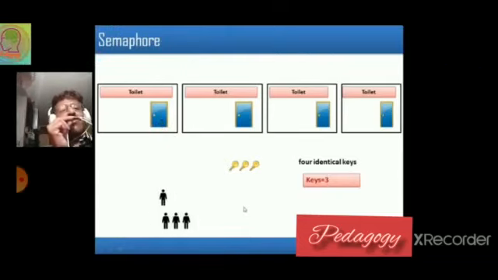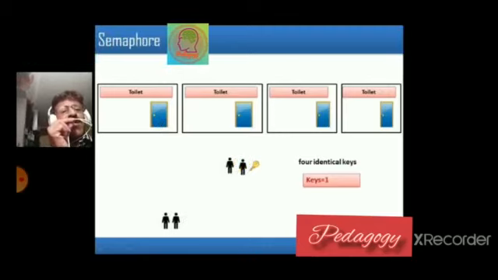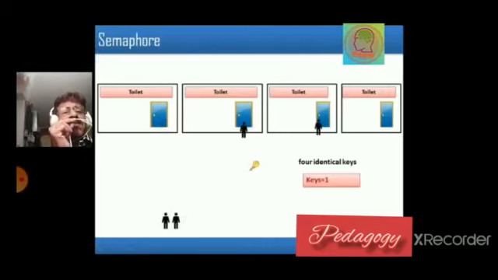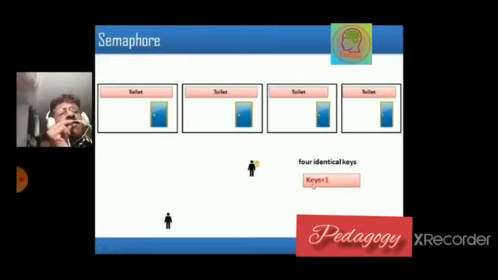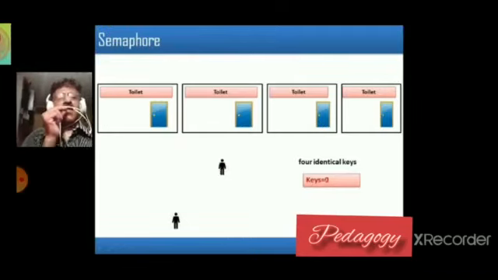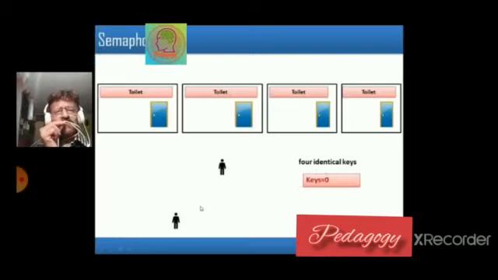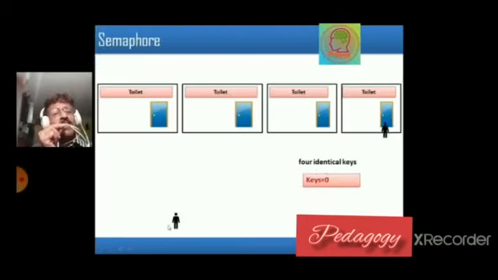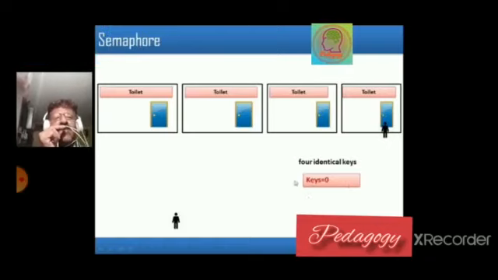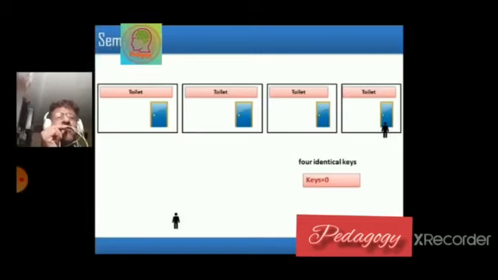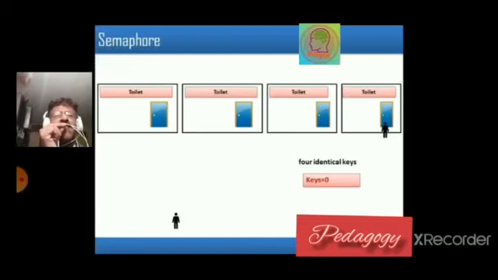Here we consider the toilet example. So there are 4 toilets. So one by one, a person can occupy the key and enter into the toilet. So now the last key will be occupied by the 4th person, who will enter into the toilet. Whenever all the keys are occupied, that means key is equal to 0, the 5th person, that means the 5th process, will have to wait. So key equal to 0 indicates that the 5th person